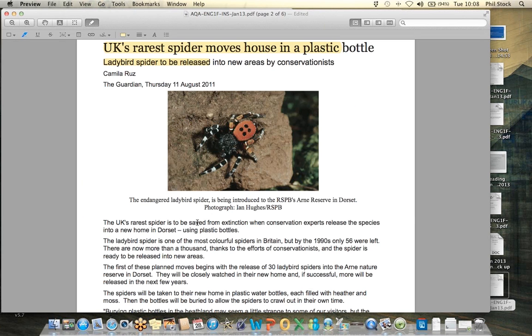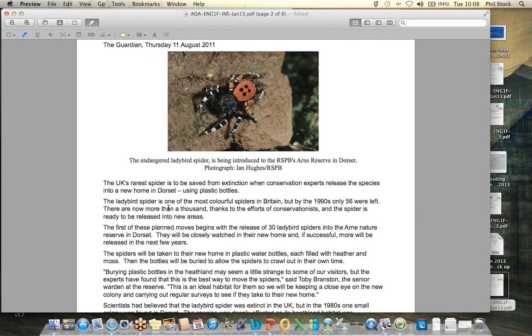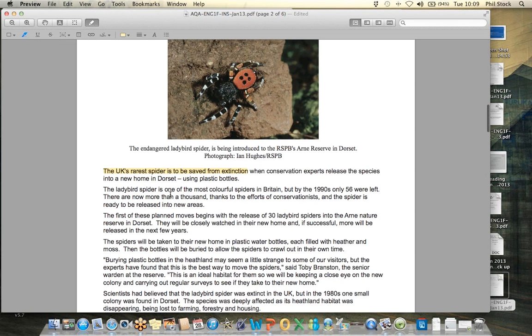So we should go back to the source material here. I'm going to read about maybe the first 4 paragraphs, just to give you an insight into the process that I think we could go through to achieve some success. So the UK's rarest spider is to be saved from extinction when conservation experts release the species into a new home in Dorset using plastic bottles. So this is all about the UK's rarest spider being saved from extinction. So I think that's the topic of that